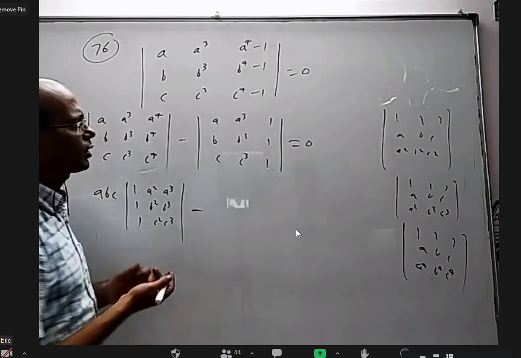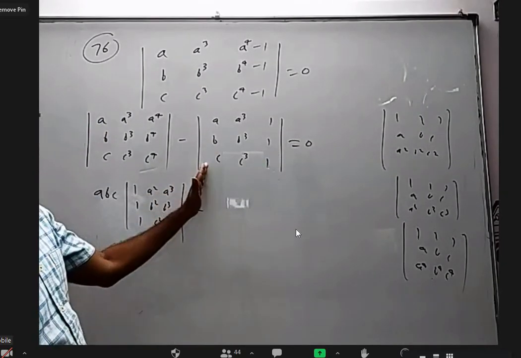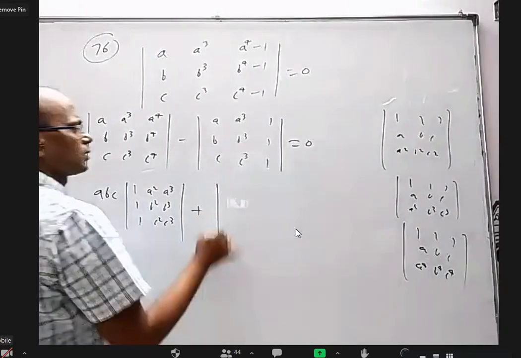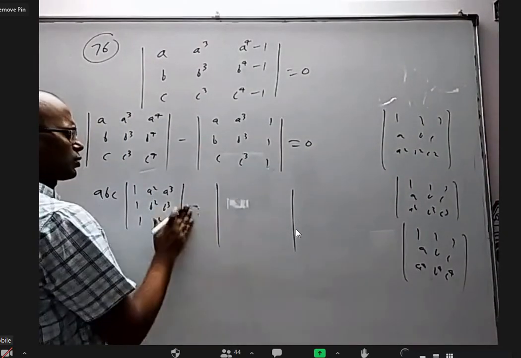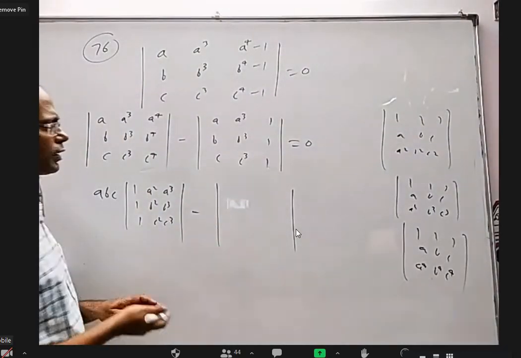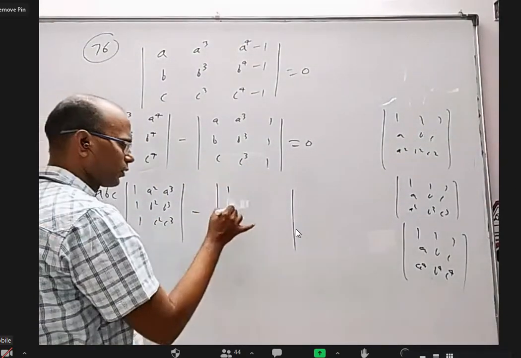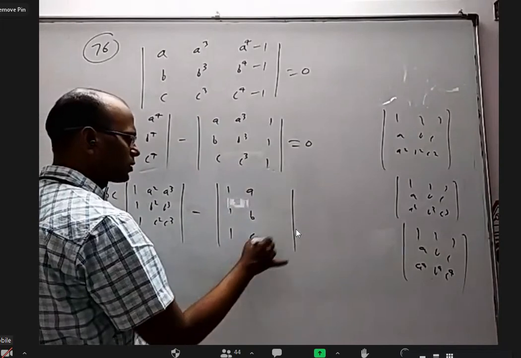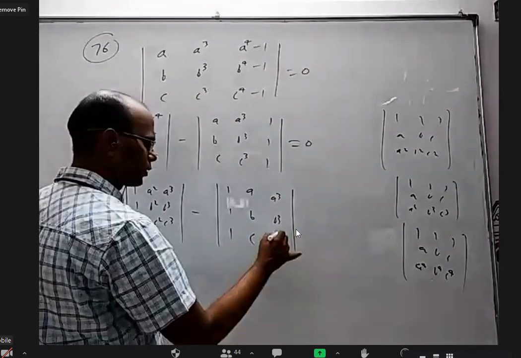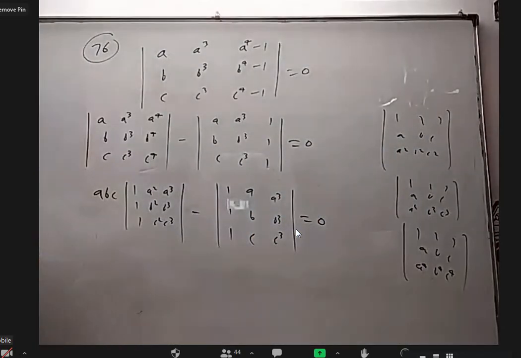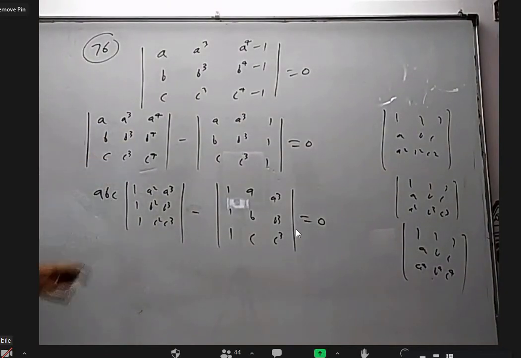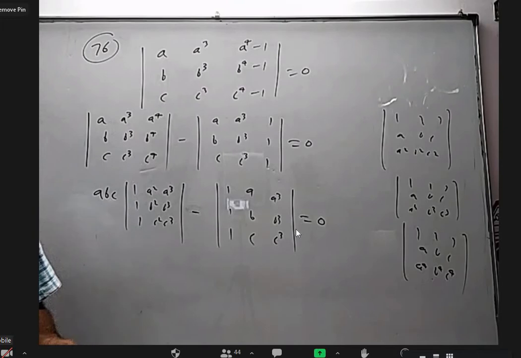And here what I want to do is bring this one here and make it plus, and cyclic order, no change, right? So minus. That is basically I want to interchange these two, then interchange these two, or bring this one here. So I can write 1, 1, 1; A, B, C; A cube, B cube, C cube, times ABC, equal to 0. Originally it is 8th degree actually, 1 plus 3, 4. But after taking ABC common, it is 5th degree.